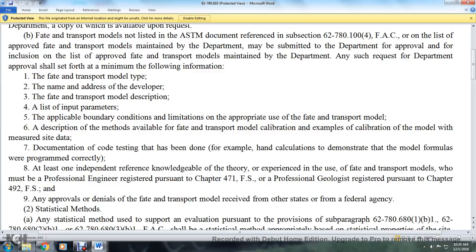Any approval or denial of a fate and transport model received from another state or any other federal agency is